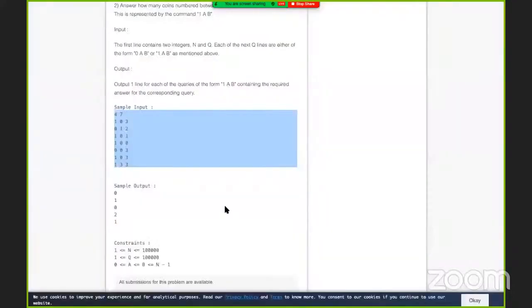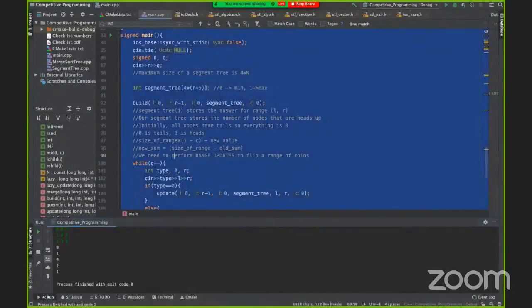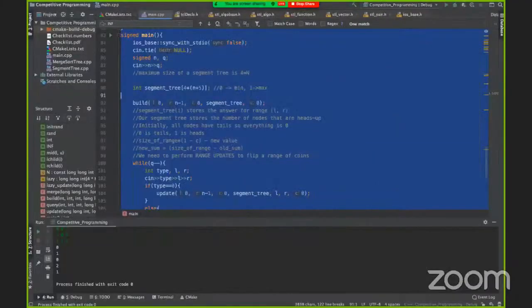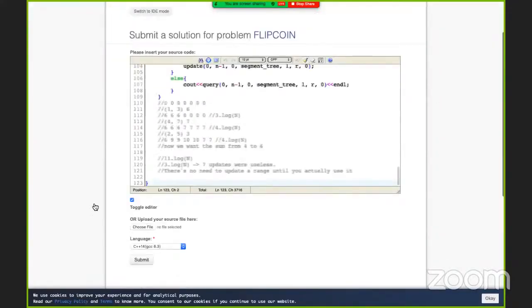Zero one zero two one as required. So I'm going to submit this. Yeah, so that's the problem.